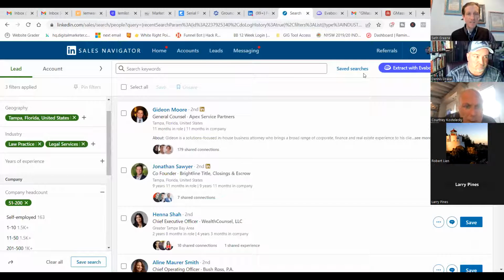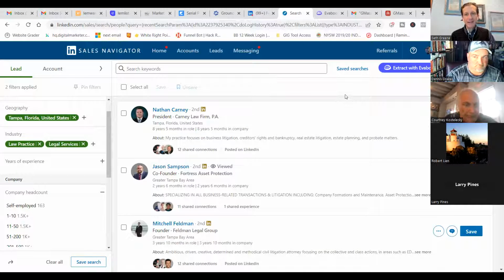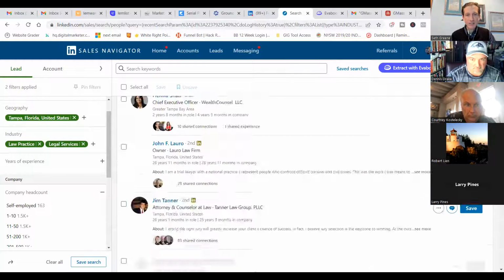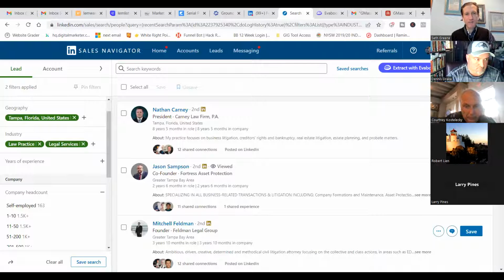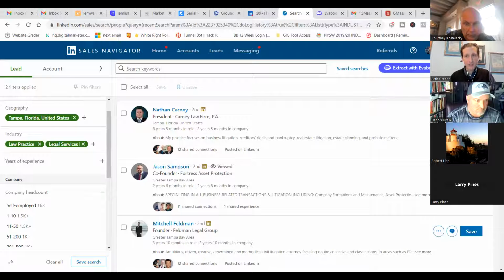Now there's 1,000. Because if this list is bigger than 2,500, let's say I want everybody in Tampa in the legal industry, there's 13,000. It will export out the first 2,500. But if you want to get the next 2,500, there's no way to do that without manually scrolling past. If there are 10 on each page, I'm going to have to scroll 250 pages to get to lead 2,501. You're not going to want to do that. So the way to do that is to find different factors over here, and headcount is the easiest one that will make it so your list is under 2,500.